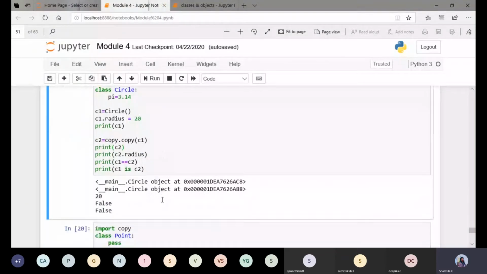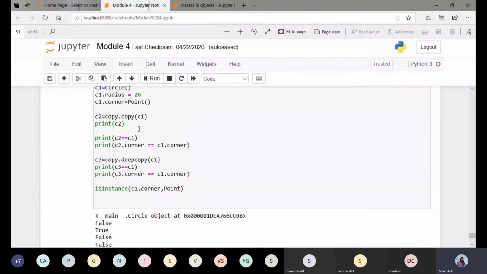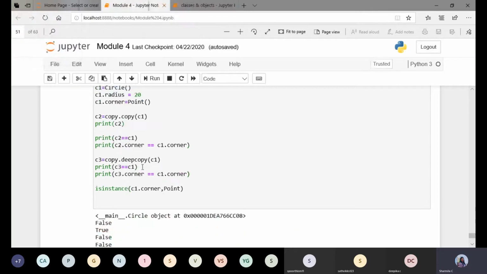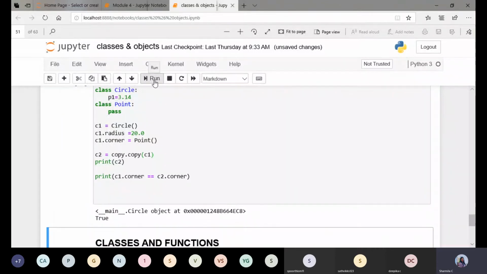Just a second. So make it c2 equals copy dot copy of c1 and run it.